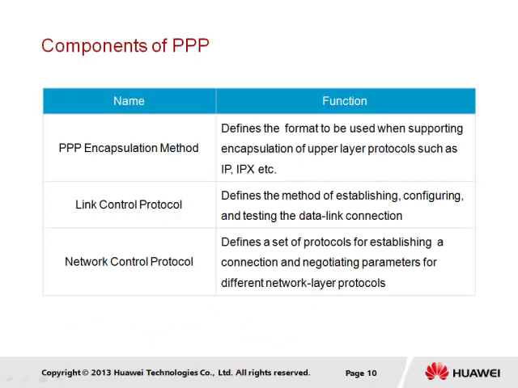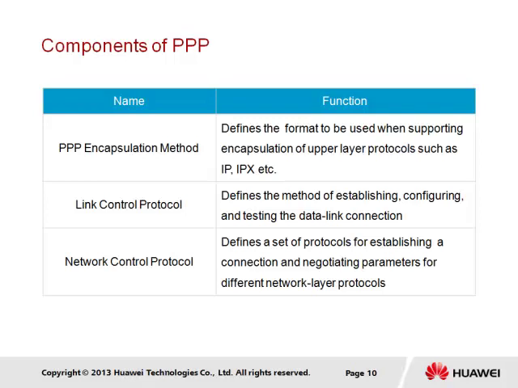There are three main components that make up the PPP protocol in the form of the encapsulation method, link control protocol, and network control protocol. As we have mentioned, PPP is capable of supporting different network layer protocols simultaneously over the same link. This is possible as a result of including frame instructions into the HDLC-like framing that is used by PPP, as we shall see shortly.